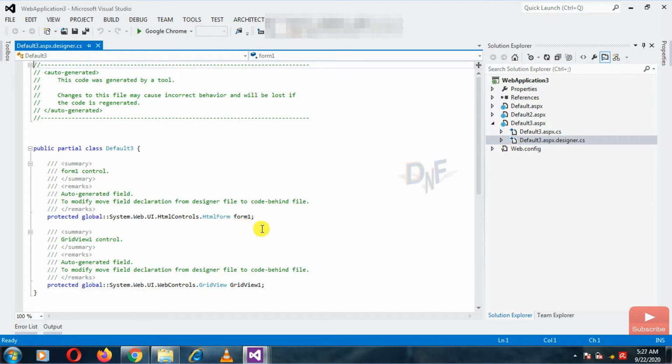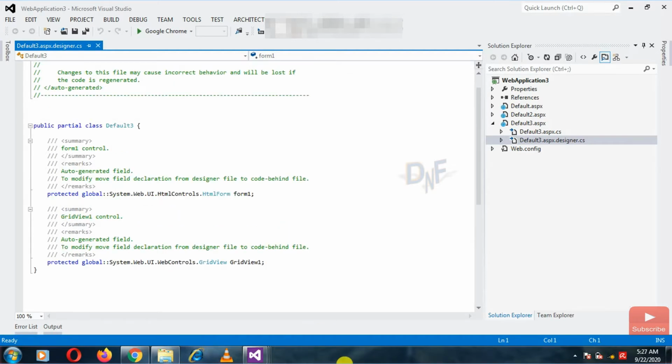Sometimes the design file is not fully converted. The design file basically has the information about the ASP.NET page controls, so sometimes it does not convert properly, and we have to solve it depending on the design-related challenges we face.